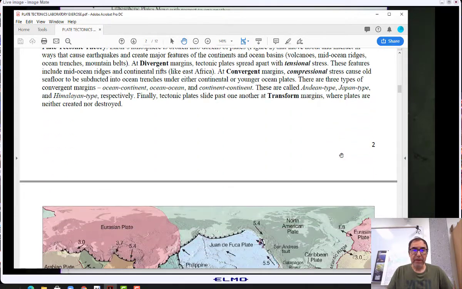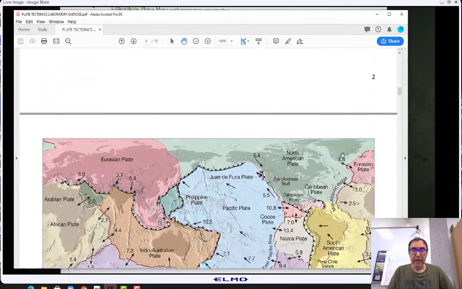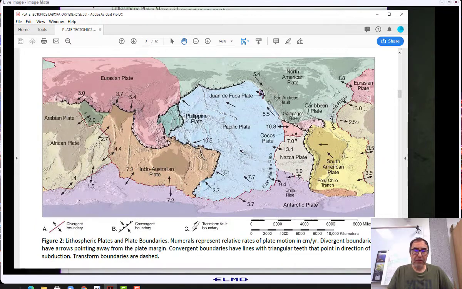Some good background information on different plate boundaries. This is a good figure that we compare our observations with in this lab. Note that the East Pacific Rise of the mid-oceanic ridges has a really fast spreading rate, 13.4, and those are in centimeters per year. Whereas the Mid-Atlantic Ridge over here is only around 2.5 to 3 centimeters. So much faster spreading rates in